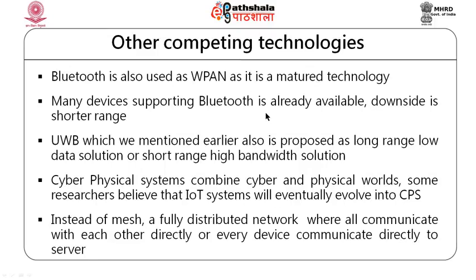Okay, let us look at some of the competing technologies here. Bluetooth is also used instead of 802.15.4, and Bluetooth provides almost the same range, 10 meters and 100 meters also. So, it can work, and the advantage of using Bluetooth is that it is already available, and we have devices with Bluetooth sensors built in. So, you can use those devices directly. In fact, I have heard about some companies solving IoT problems using Bluetooth, and they are quite successful also. So, that is one solution.